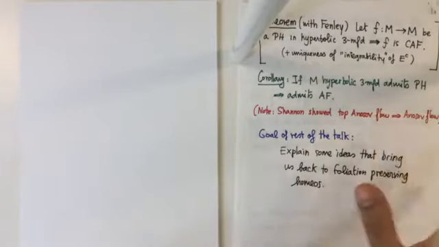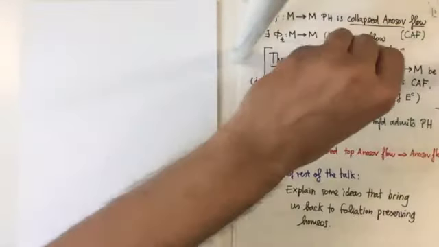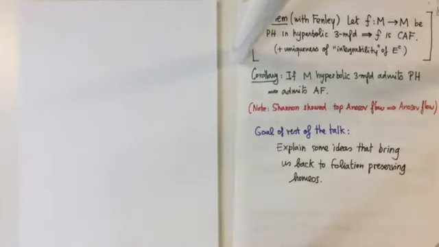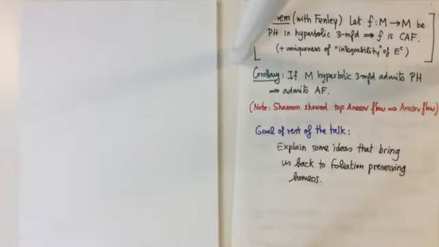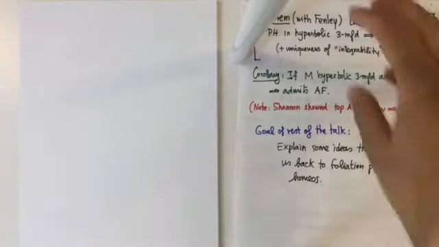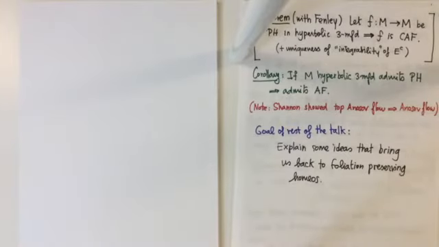Here I haven't been so strict about topological Anosov and Anosov flow. In the transitive case, Shannon has shown that topological Anosov flow implies Anosov flow. And in general, at least in hyperbolic 3-manifolds, every topological Anosov flow is transitive. And so in the rest of the time I have in the talk, I would like to bring us back to foliation preserving homeomorphisms and try to say something about how to attack this problem.